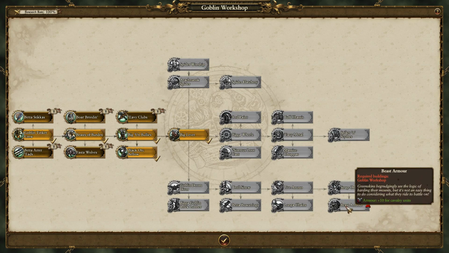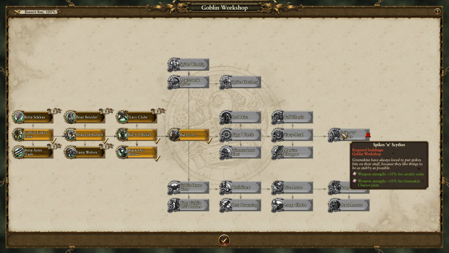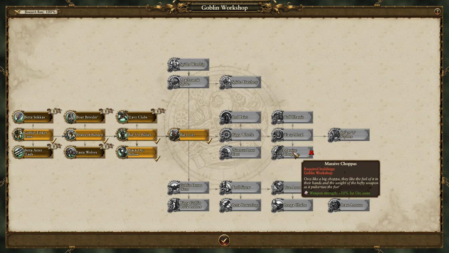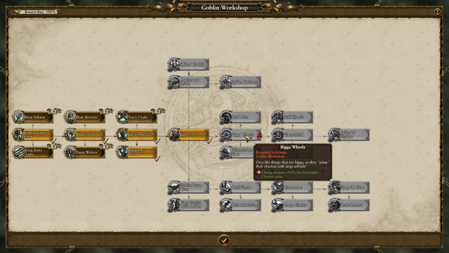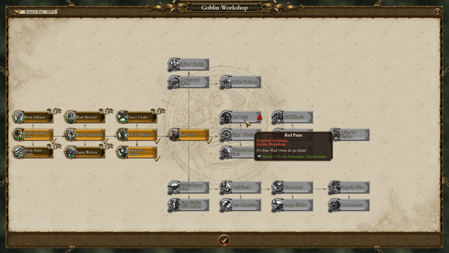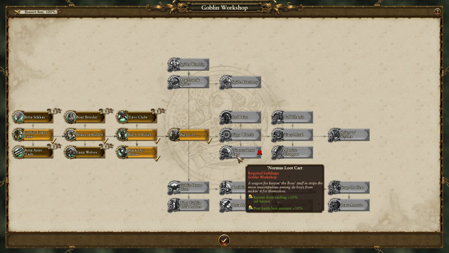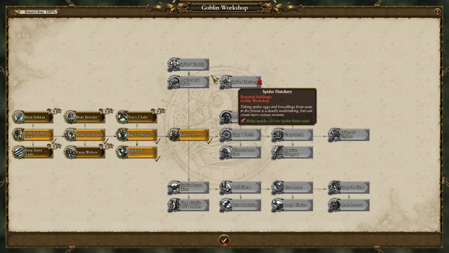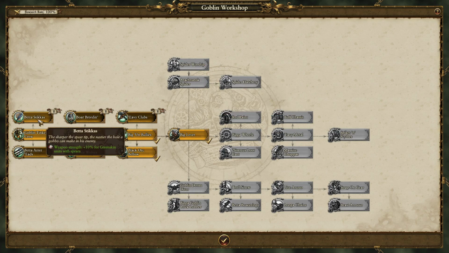Armor for infantry is good. Armor for cavalry is pretty good. That's really good. That's extremely good in terms of money. That's very, very good. That's okay. 10% weapon strength. I mean, really, that's only going to apply to spider riders, I think. Savage orcs, I looked, and they have axes, I think. In their picture, it makes it look like they have spears, but...